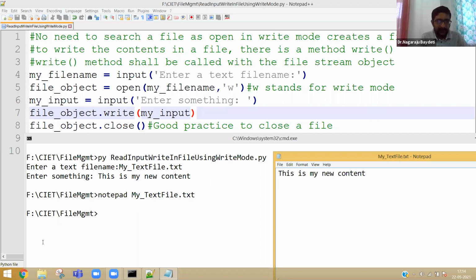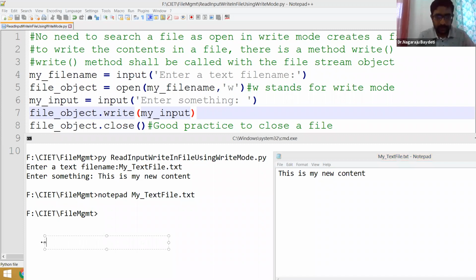So what are the benefits of write mode? Like for example, Gmail and all, they may store in a database table, not exactly in a file, but anyways, this is one way of writing contents in a file. Old contents are gone. New contents are written.